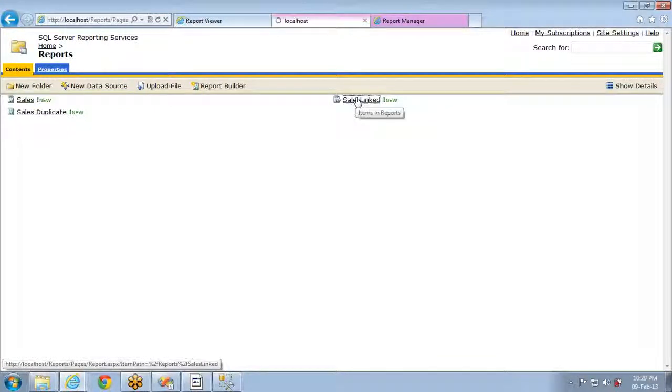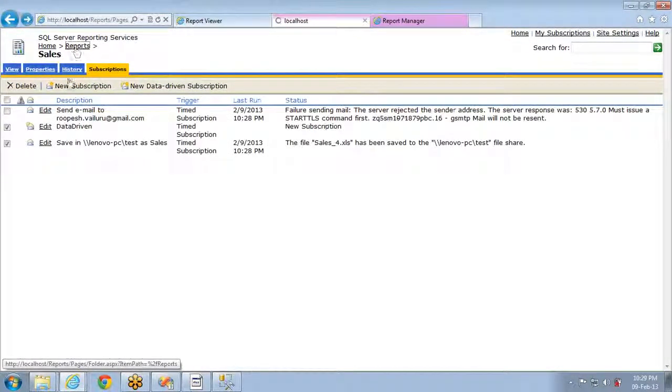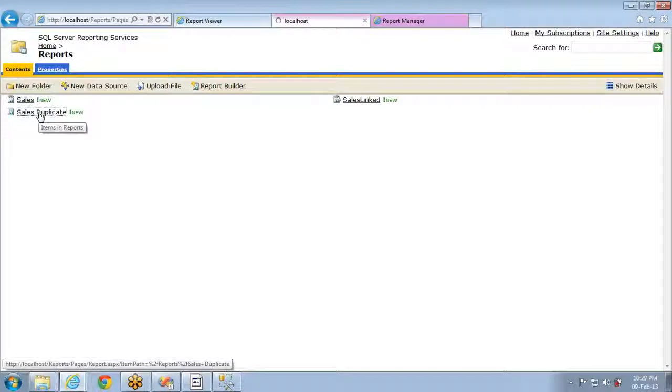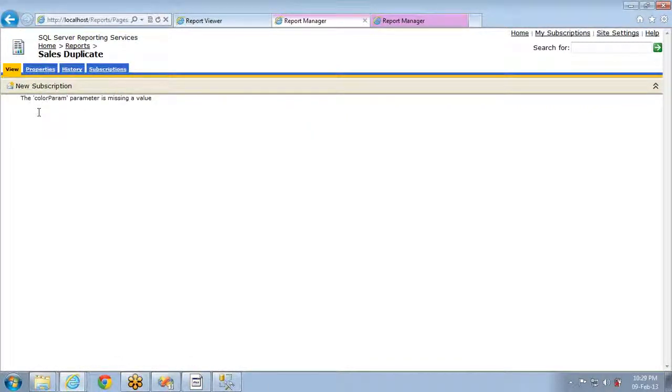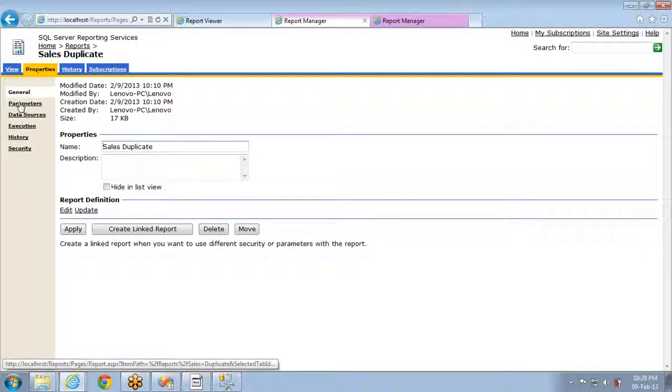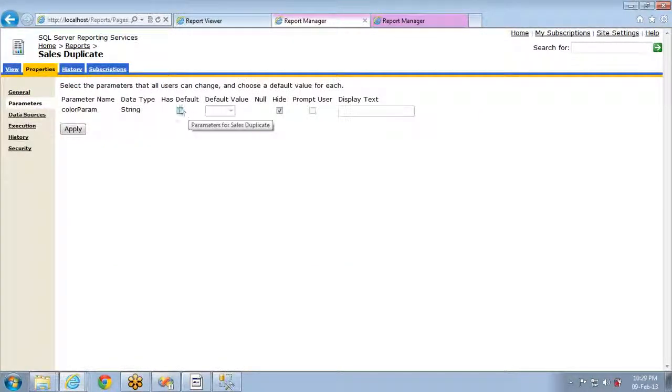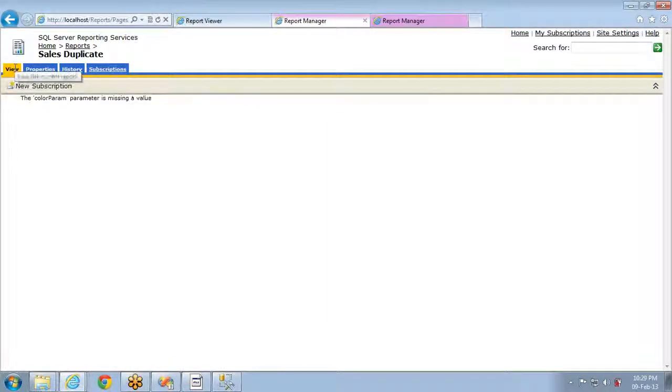And what happens if the data driven subscription has a parameter? Let's say this duplicate report has a parameter. The color parameter value is missing, I think. Let me set this here. I should not hide this. That's the only thing I have to do. Apply. And if you see view, one second, I have to refresh it.